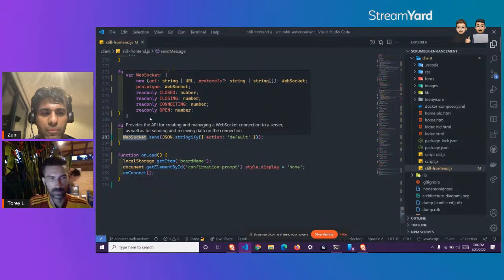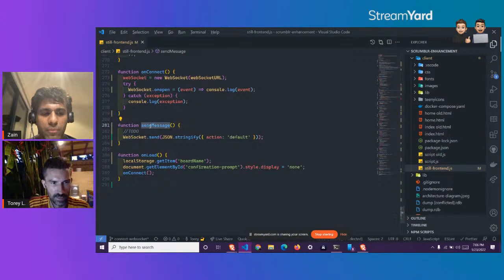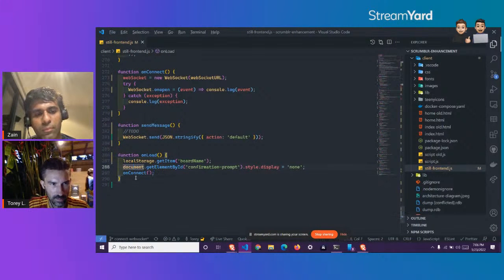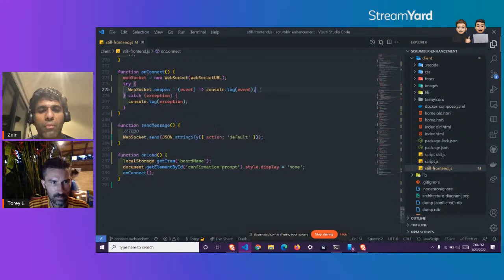Let's see here. So we want to take this send message function, and so we got this on connect function. This should be on open, and then basically when this event is over, then we want to send a message.